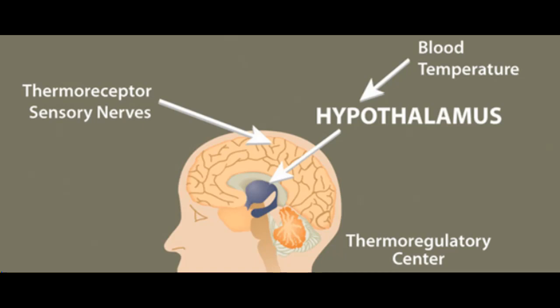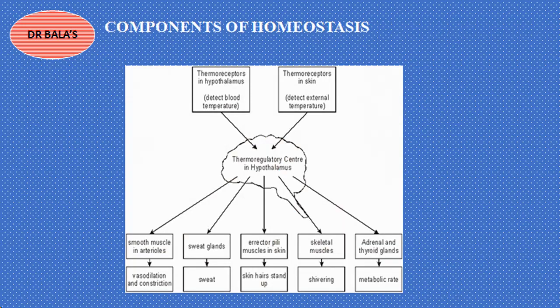It is called a higher center if it is in the brain, and a lower center if it is in the spinal cord. The function of this control center is receiving the sensory impulse through the sensory nerve from the sensors and analyzing it, whether there is an increase or decrease, and next it processes the impulse and decides what to do.